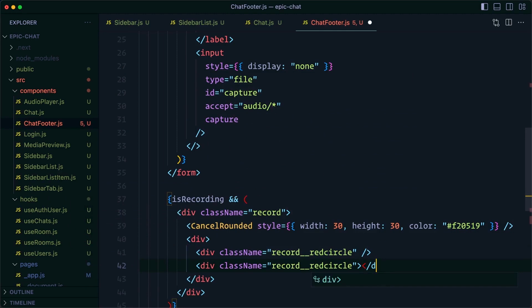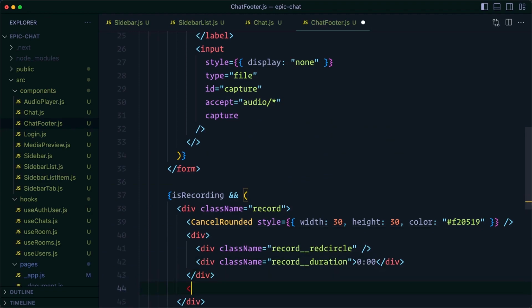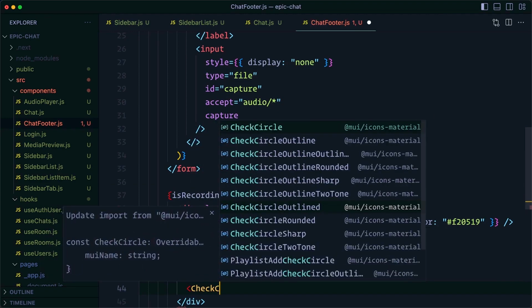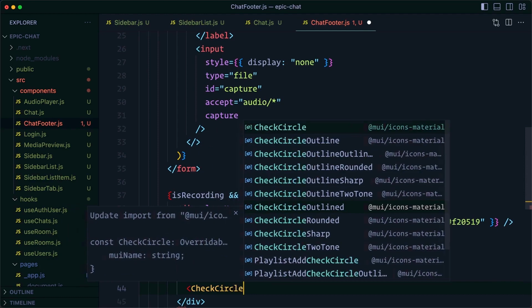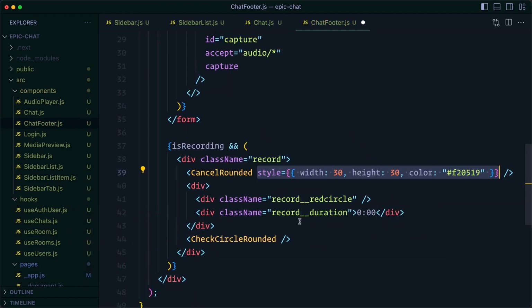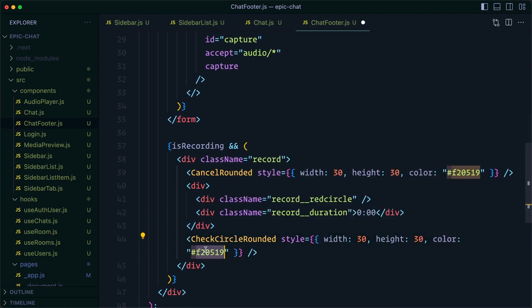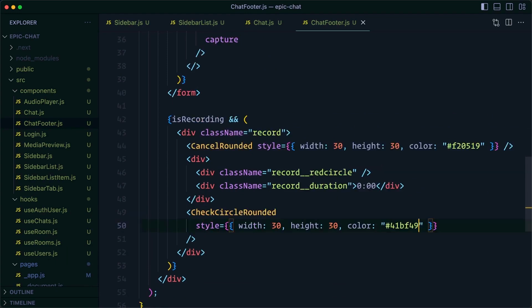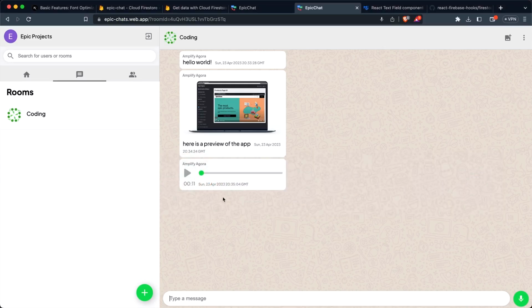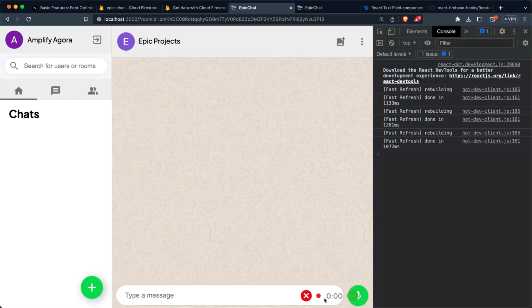After that, a div with an opening and closing tag with the class record-duration. This is where we'll output the time that's elapsed. And then after this div, but still within the record div, we'll have a CheckCircleRounded icon where again the width will be 30, height 30, but this time the color will have the hex 41BF49. And when we save that, because isRecording is true, we now see the extra content that we added,